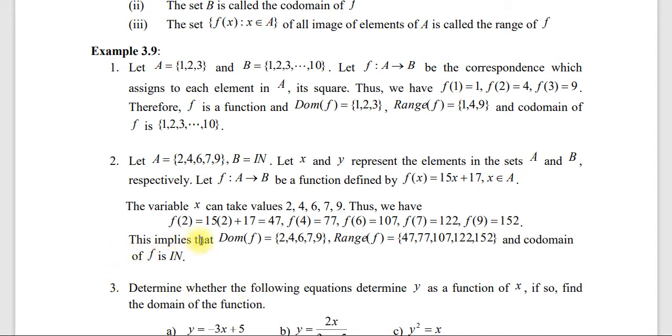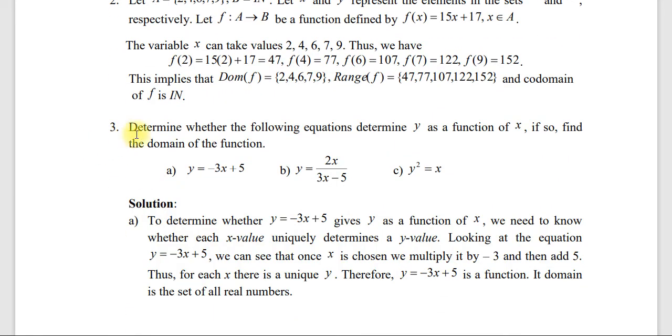ስለዚህ this implies that the domain of f which is equals to the set A ማለት ነው ባጭሩ 2 4 6 7 9 ዶሜኑ ይሄ ነው። ሬንጅ ካልን ደግሞ f of x ማለት ነው ባጭሩ f of x that is 47 77 107 122 152 እንላለን። ሬንጅ ነው። ኮዶሜኑ ማን ነው? ኮዶሜኑ n ነው ወይም ናቹራል ነምበር ነው ባጭሩ ኮዶሜን። ምክንያቱም ሬንጁ በኮዶሜን ውስጥ ነው የሚጠቃለለው። ስለዚህ የኮዶሜንን የዶሜንን እና የሬንጅን ልዩነት በዚህ ላይ መረዳት ይገባል ማለት ነው።